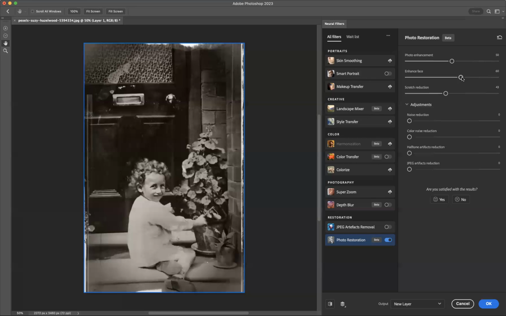Maybe I'll give this a bit of an enhance on the face and do more of a photo enhancement on that. Yeah, again, this may take a couple of seconds for it to work it out, but as you can see, the results are now becoming quite clear. What you need to do is make sure of your output settings here. I'm just going to make sure it's on a new layer. You can edit it and change it. You can have a new layer mask, smart filter, new document. I'm going to say new layer. And now if we press OK,